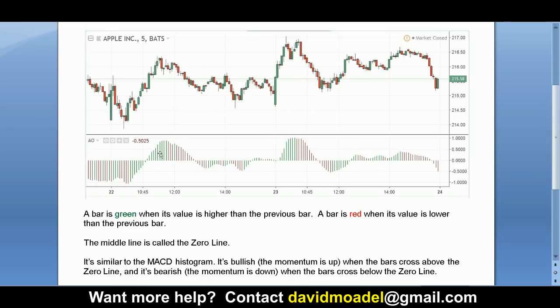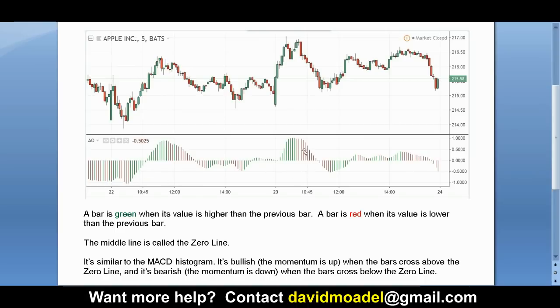All right, so don't get confused by the color of the bars. Just because the bars are green, that doesn't mean that it's above the zero line. I mean, if you get a lot of consecutive green bars in a row, eventually it's probably going to cross above the zero line. But just because the bars are green doesn't mean that it's above the zero line. You have to watch for the location of the bars. When you get a hill, like a mountain, that's when it's above the zero line. And when you get this underground valley looking thing, then it's below the zero line.